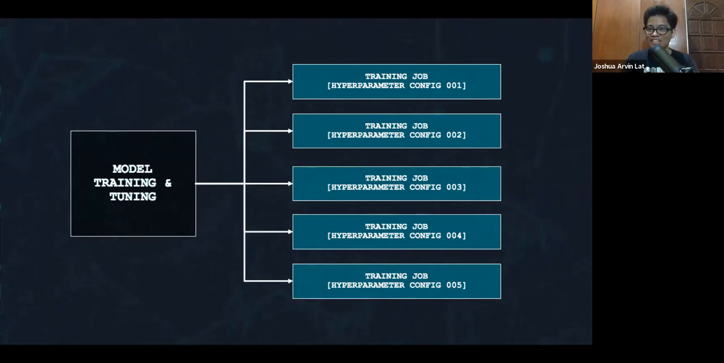Because your local machine is the bottleneck, right? It can only run one training job at a time. What if we run 100 training jobs all at the same time in different computers, in different servers? So instead of us waiting for 100 hours only to find out that there's an error, we can run our training job all at the same time, 100 of them. So it will complete in maybe 1 hour and 10 minutes